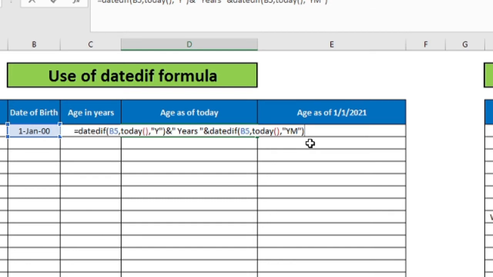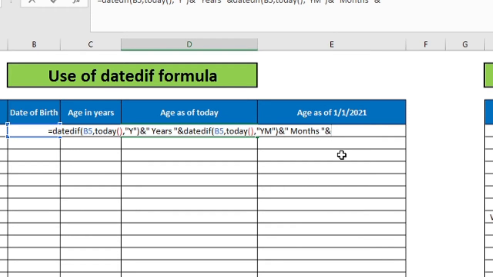Now after this I want months to be written, so I will combine with an ampersand, double inverted comma, space, months, space, double inverted commas. Months will be written over there. Once that is done, I will combine this with the DATEDIF formula for days, using an ampersand again to combine the formulas.